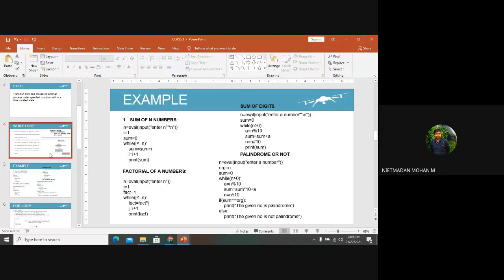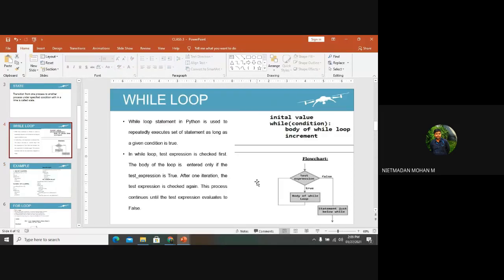Have you understood this? What is meant by while loop? Till now we have discussed if, if else, and nested else. These are the conditions to check the process, and in continuation of that we have the while loop. If it is true, it will execute one part, and if it is false, it will execute another part. Now coming to the while category, it will check the loop until the statement becomes false, right?